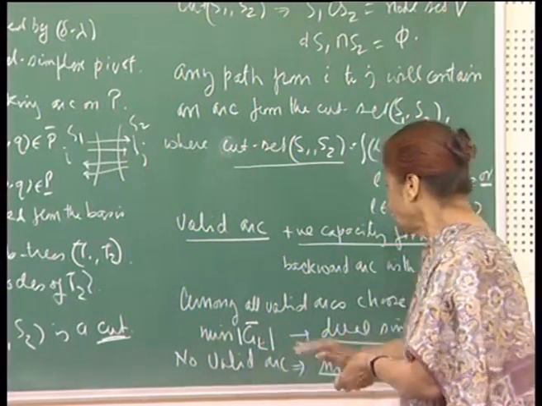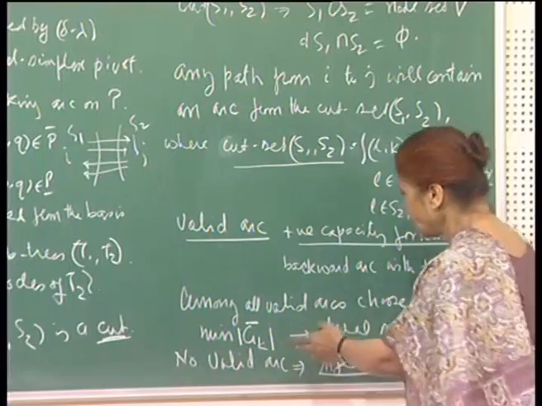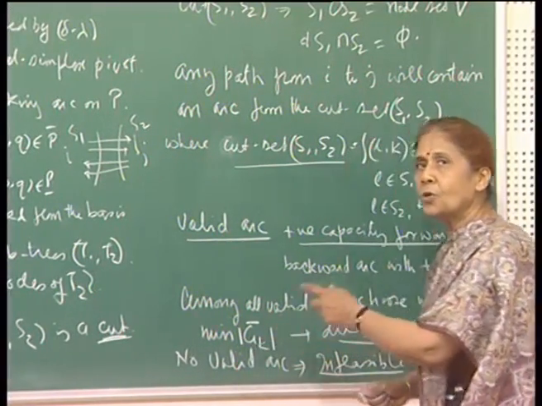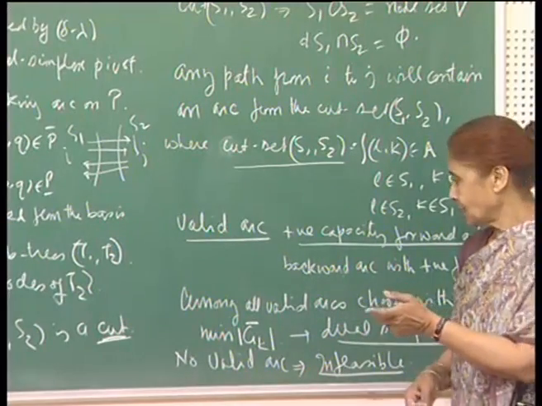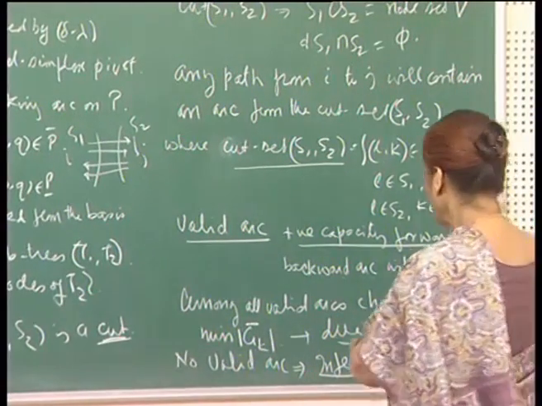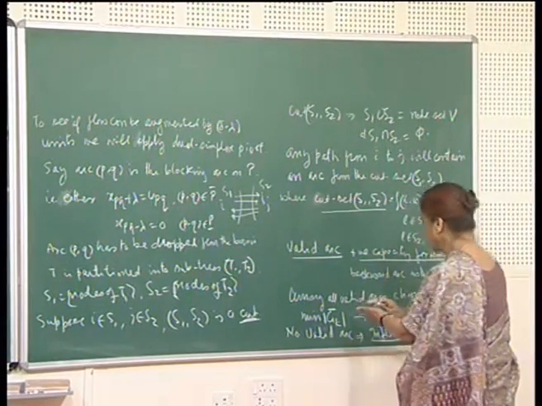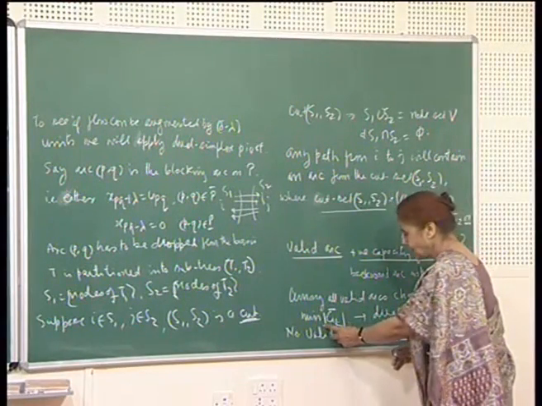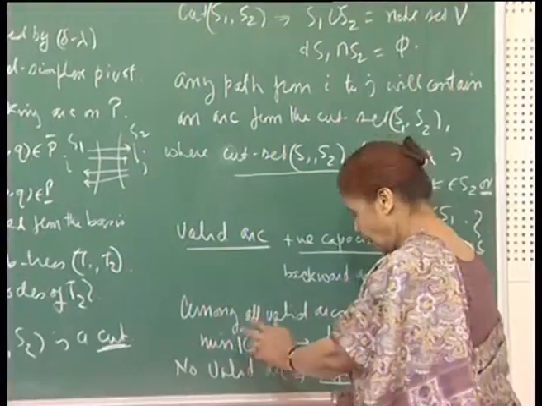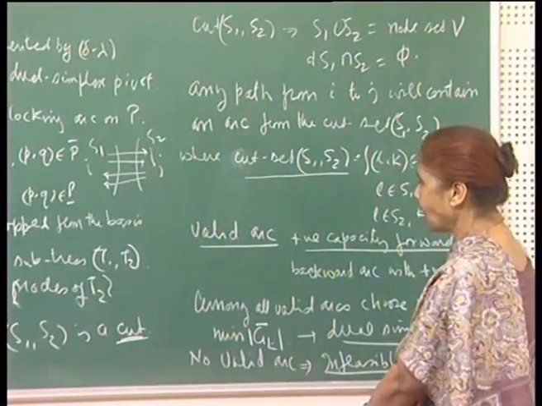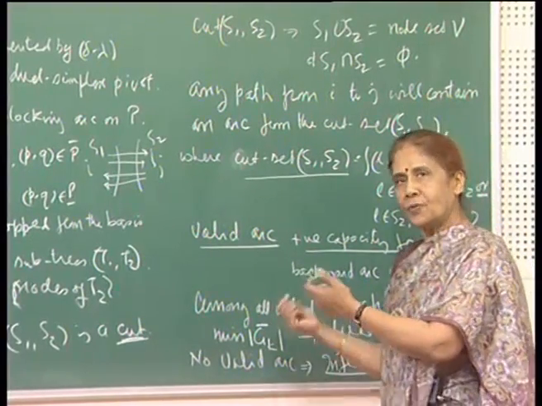So, this is the arc which will be chosen. Once you choose a valid arc satisfying this condition, your optimality condition will continue to be satisfied, right. And then, if we have valid arcs, among all the valid arcs we will choose the one which has the minimum relative cost in absolute terms, and then we will try to flow as much as possible on the path from i to j,